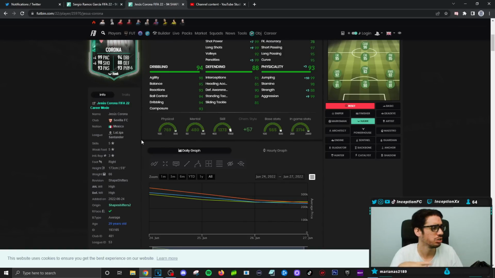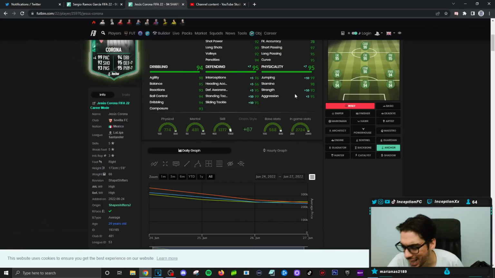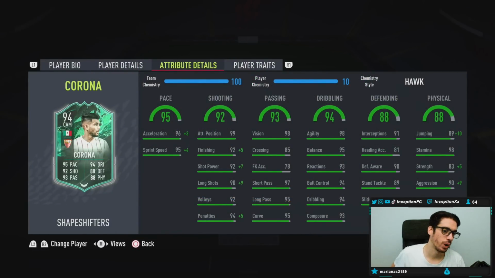Slide tackles at 81, I don't really care too much about. I like that he has a little bit of defensive awareness, standing tackles, interceptions, because when you give him the anchor, all of those main areas of defensive stats is significantly improved while you're giving him a physical boost, right? So it definitely looks like a really well-rounded card,